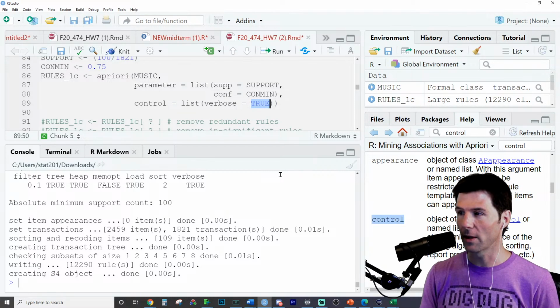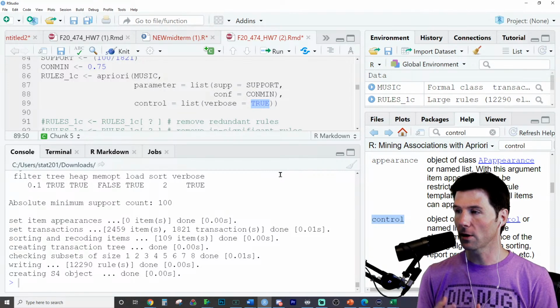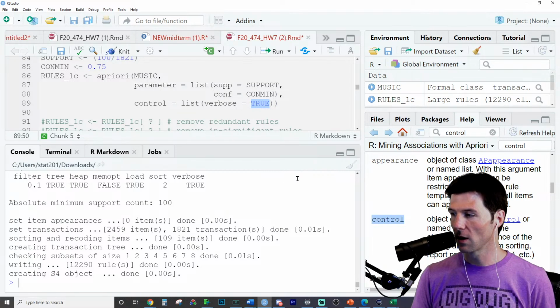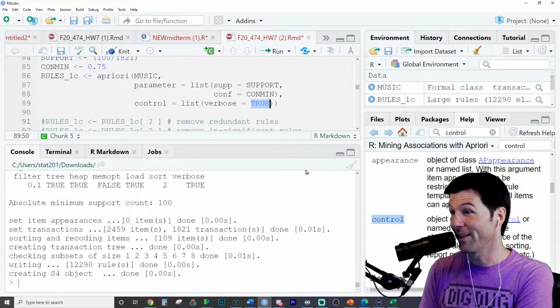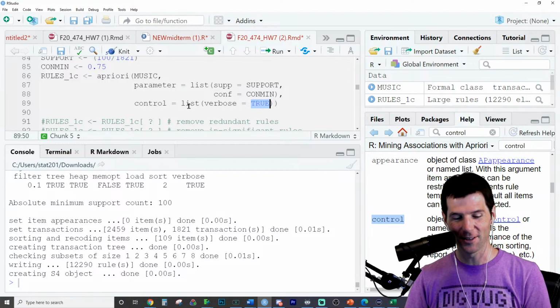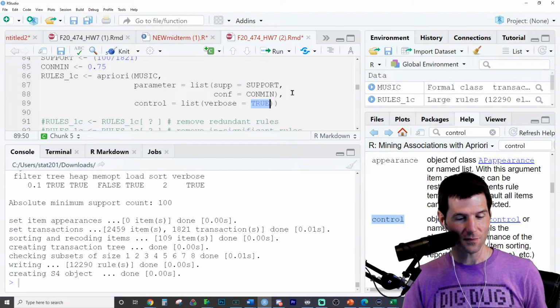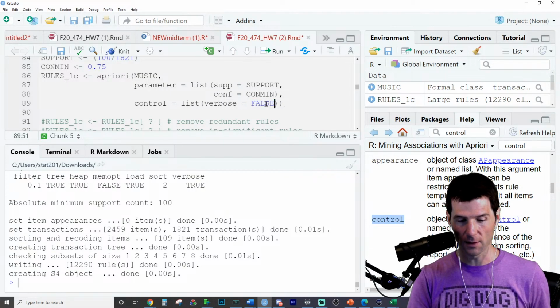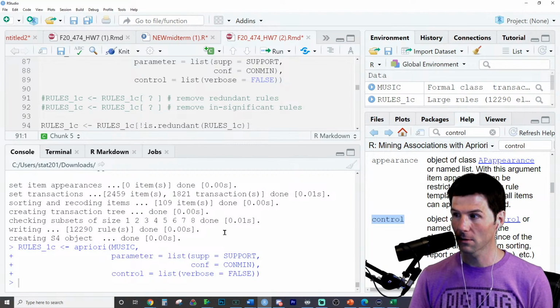It's like they're condensing their arguments. They just don't want an argument for support and an argument for confidence. They want a control where you can do more things. So, my rules didn't change after removing the insignificant ones. Then there's no insignificant. Yay! That's like sound effects. It's just so cheesy. I'd have this set to false. You don't need to see all that.